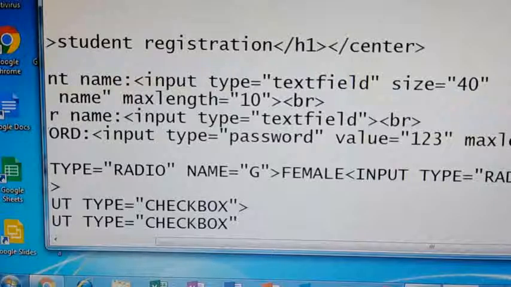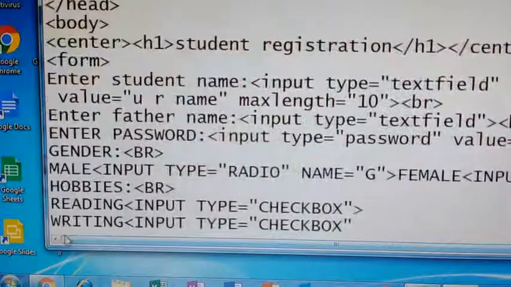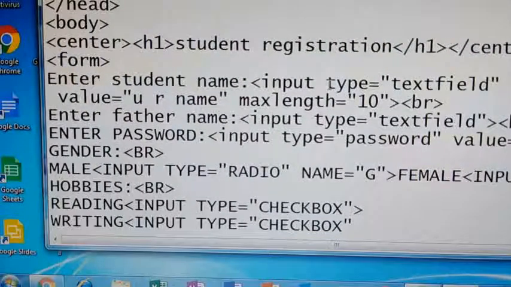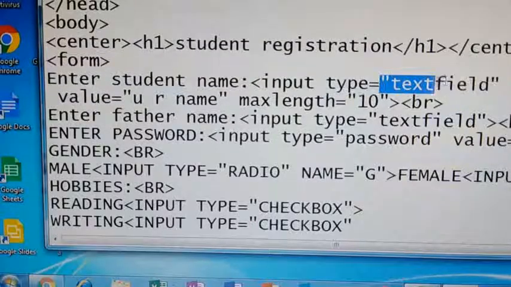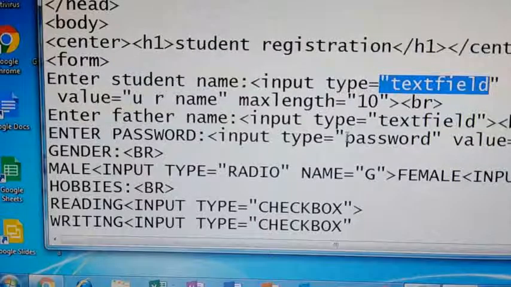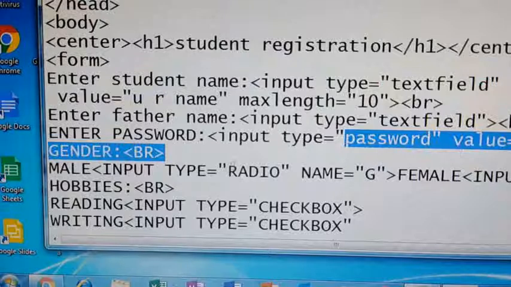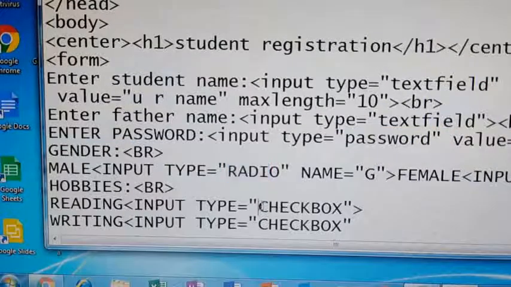When you are creating a form, the input type, whatever type you are giving, is very important. Based on this type only, the input can be taken from a user. So first I have given a text field. Next a password field. Here radio buttons. Here checkboxes.